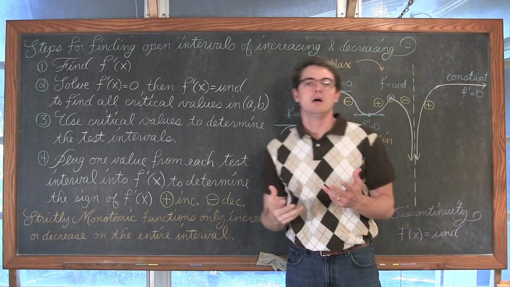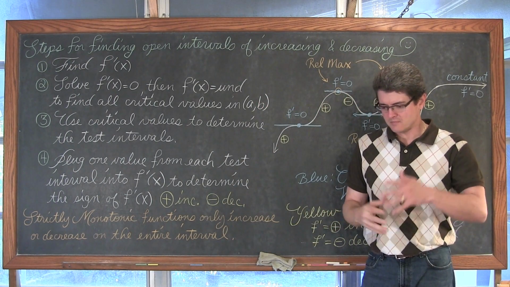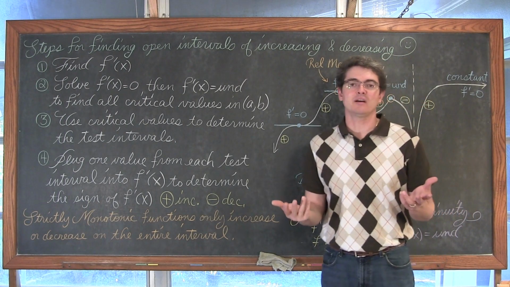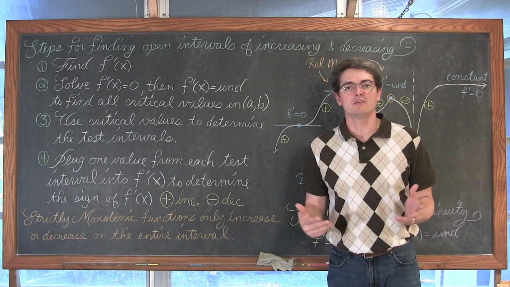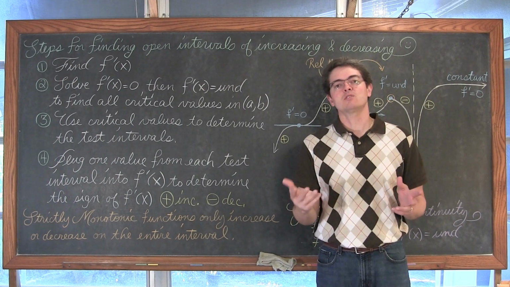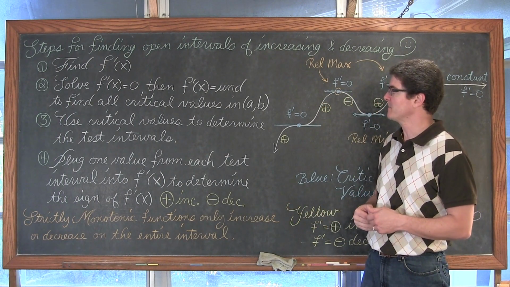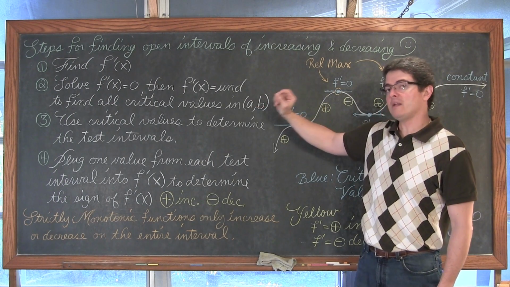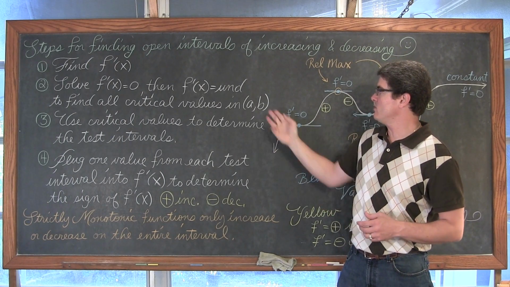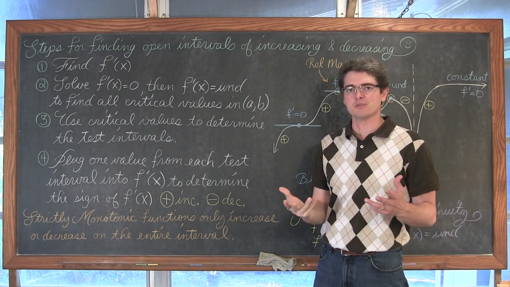Or trig functions, you know, like sine of theta is y over r. Well, actually, that's a bad example because sine is defined for all values within the domain of all real numbers. Maybe like tangent. Tangent of theta is y over x. So what rotation would give you an x value that's equal to 0, thus making your tangent function undefined? So find what makes your derivative equal to 0 or undefined, and those are going to be your critical values in your open interval. And you're going to use those critical values to determine or set up your test intervals.